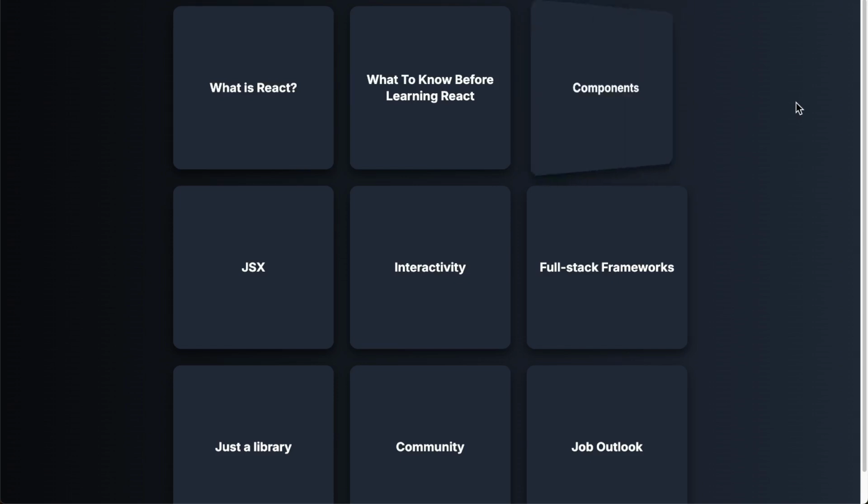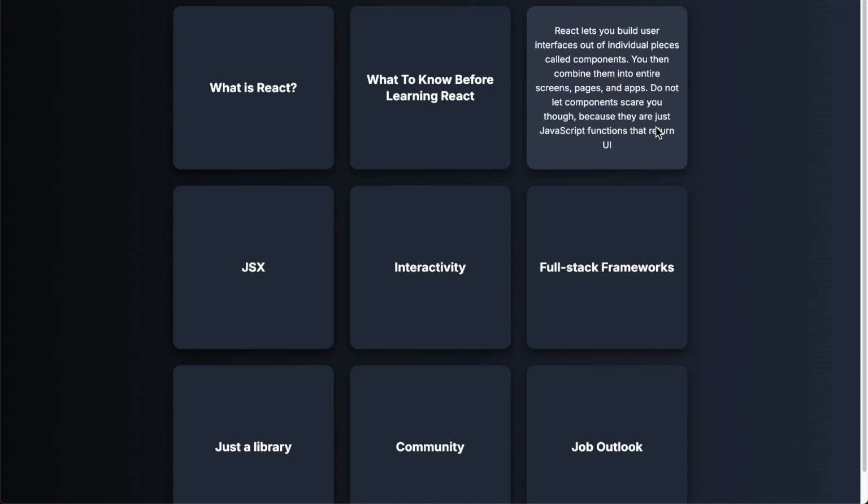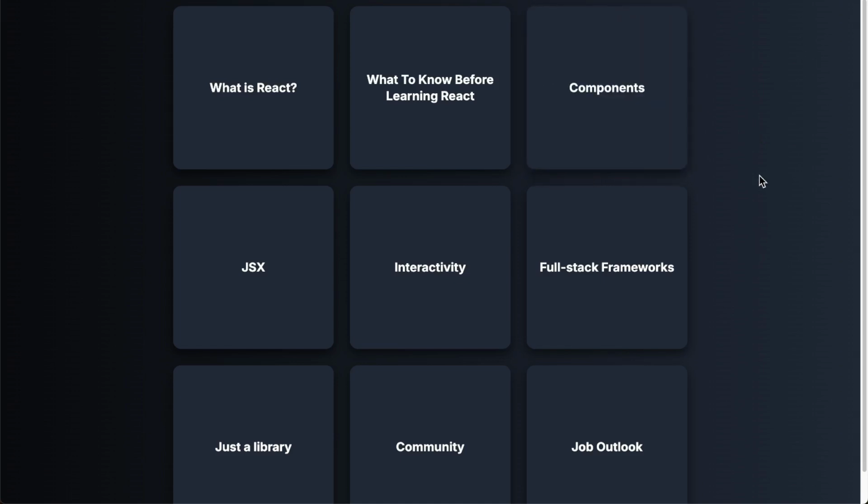So in our little web page here that I used React to create, I created a component for a card that you see here that kind of does this flip around animation, and you see it render a title. And then when I hover over it, it renders some content. And you can see that I reuse this card for all of these different titles and content throughout this page. These are all the same card components.